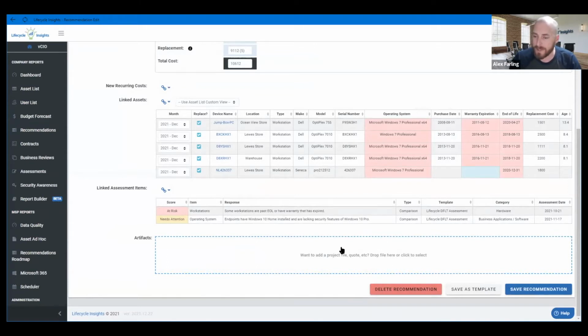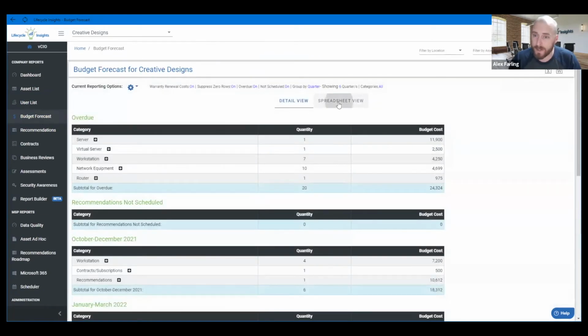That would let me keep it here. It isn't visible to the customer at this stage, but it would give me the ability to save it. So if I had to go back and look at it later, I would remember what I had quoted this customer. I can go back and look at my budget forecast now, and let's go look at that spreadsheet view